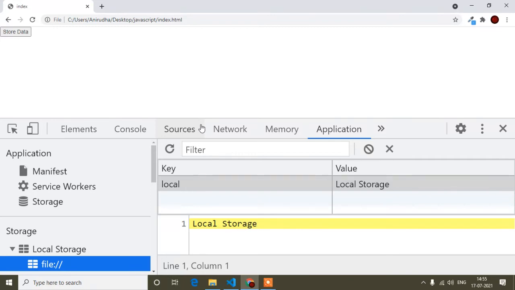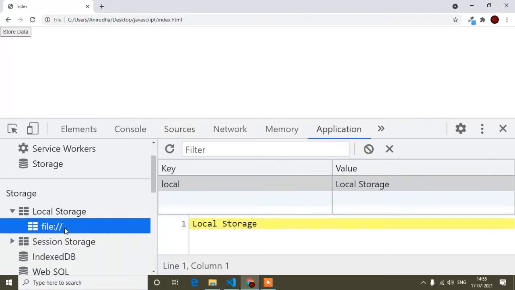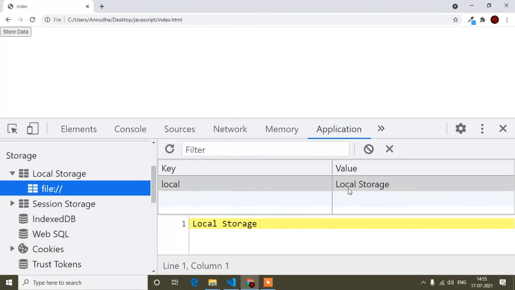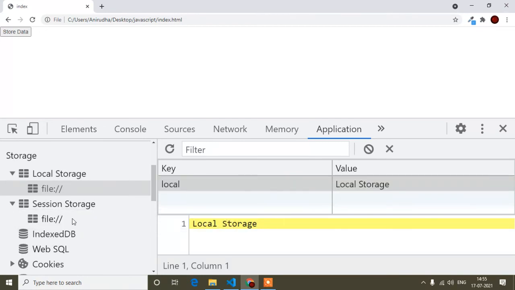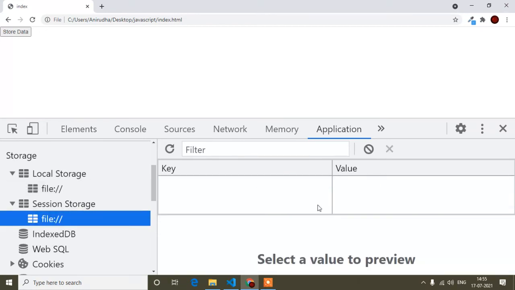If I close this tab, the session storage data should be removed. You can see local storage data is still here, the key and value. But if I go to session storage, you can see the data is removed.